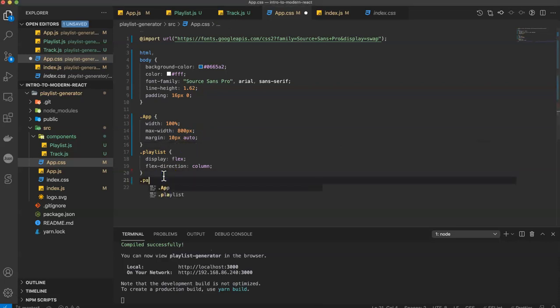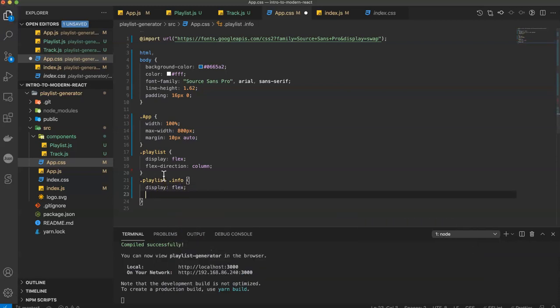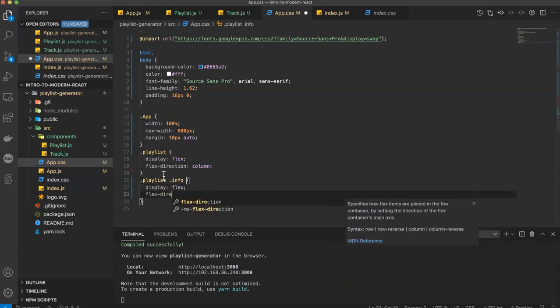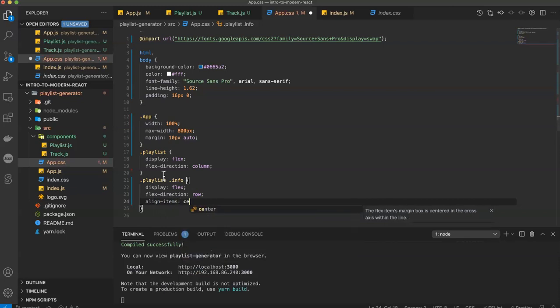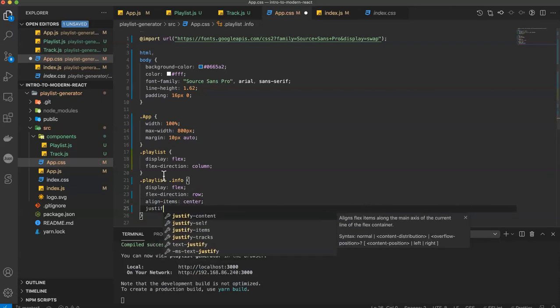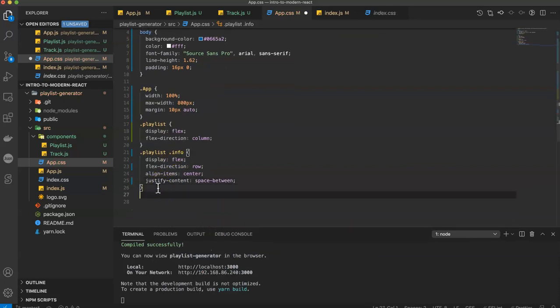So below this, I'm going to say playlist.info. I'm going to display it flex, and I'm going to say flex direction row, so it's in a row instead of in a column. And I'm going to align items in the center, so they are vertically centered. And I'm going to justify content, space between, so they're as far apart from each other as possible. Then I'm going to say